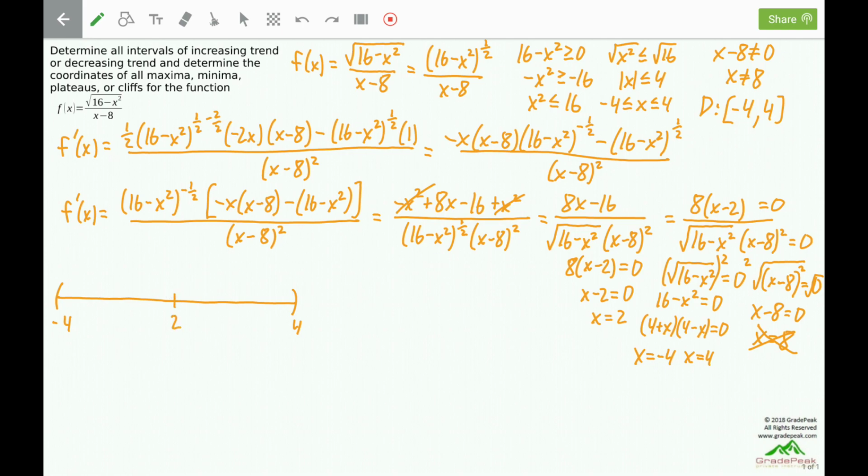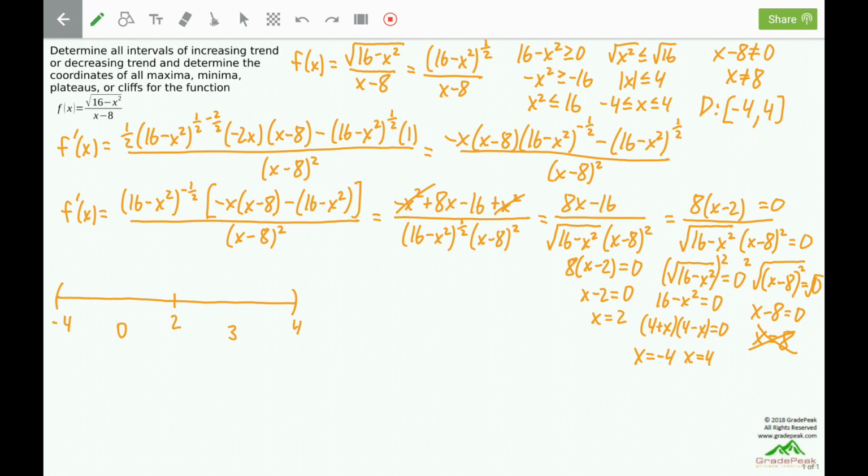Which it's technically also being removed from here. It's breaking the domain interval into two separate intervals. We can pick a test value in each of the intervals. The first interval, negative 4 to positive 2, we can pick 0. The next interval, positive 2 to positive 4, we can pick 3. It's a test value. We can now test the trend in each of these intervals by plugging the test value